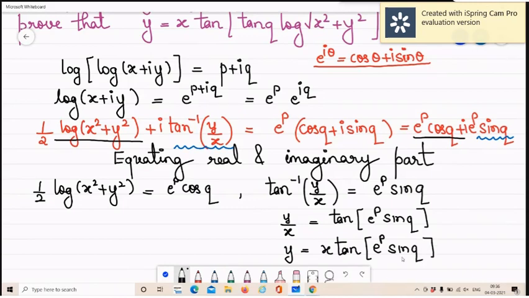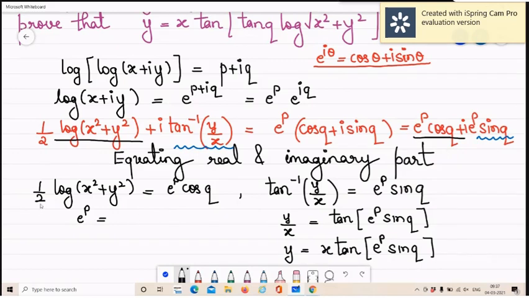Is this understood till here? Yes, ma'am. So now again look, whatever we are doing is because we have to prove something, right? So again look back to the question. In the proof of the question there is no exponential, only trigonometric and log, and here I am having e raised to p. So from this relation I will try to substitute e raised to p.